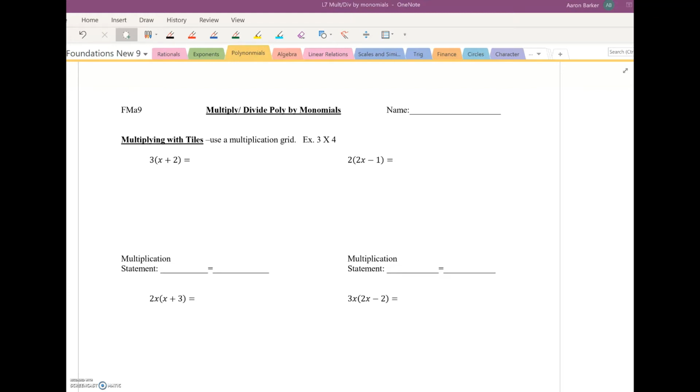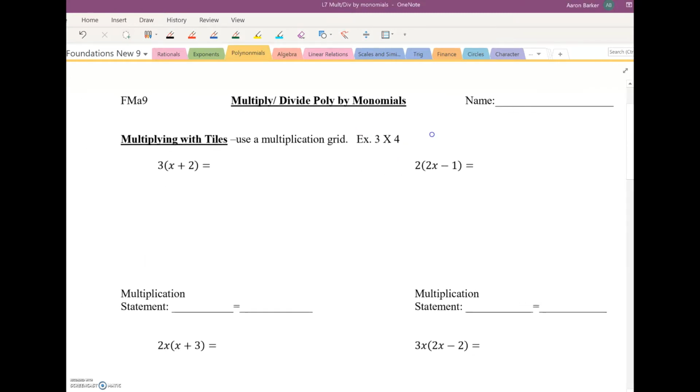Okay, class, welcome to today's lesson, which we kind of did yesterday with the polynomial tiles. Just wondering if you noticed it. If not, we are going to just review quickly what we did 2 days ago and compared to what we've done today. So first of all, with the multiplication grid, 3 times 4, I think you guys are quite capable